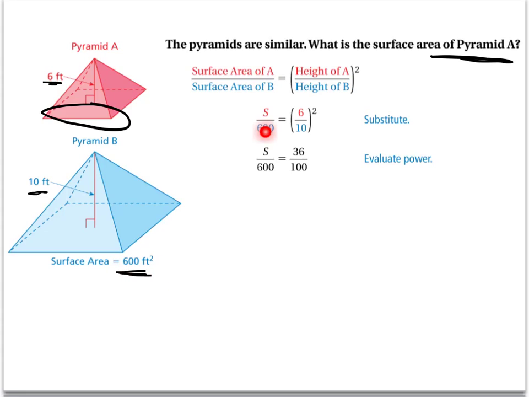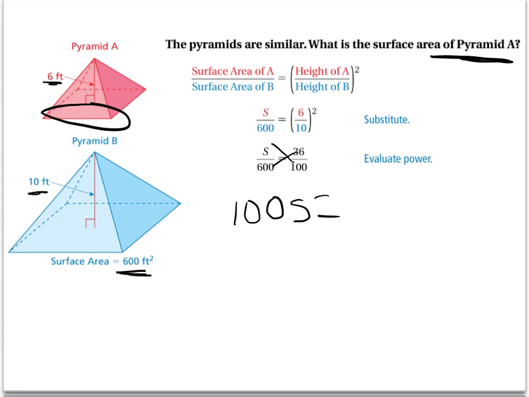So the 600 corresponds to the 10 because that's the height of B. The 6 corresponds to what we don't know, what we're trying to find. So it just becomes that squared, which is 36 over 100. I just square 10 and square 6, and we solve for S. Obviously, you're going to cross multiply these things like this. That would be 100S equals